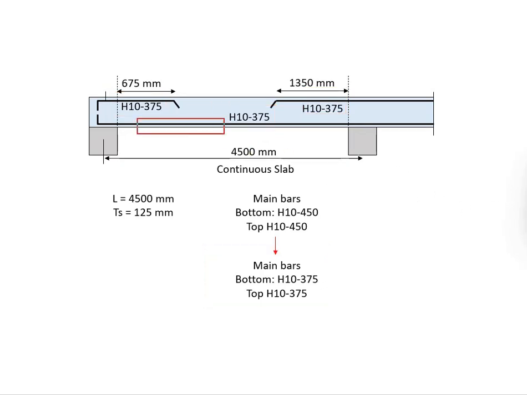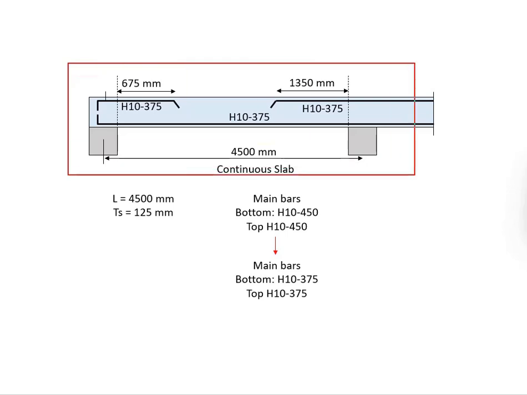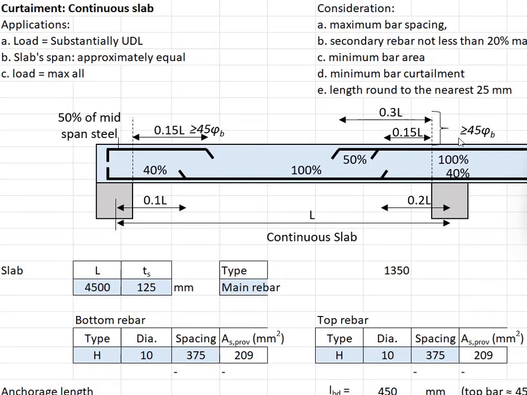Since we don't do the curtailments for the bottom reinforcement, there is no need for us to identify the locations where the curtailment should be done. Same goes for the top reinforcement. But you will still need to identify where the reinforcement bar should stop. Your final design outcome should look something like this. After considering different aspects of the design,